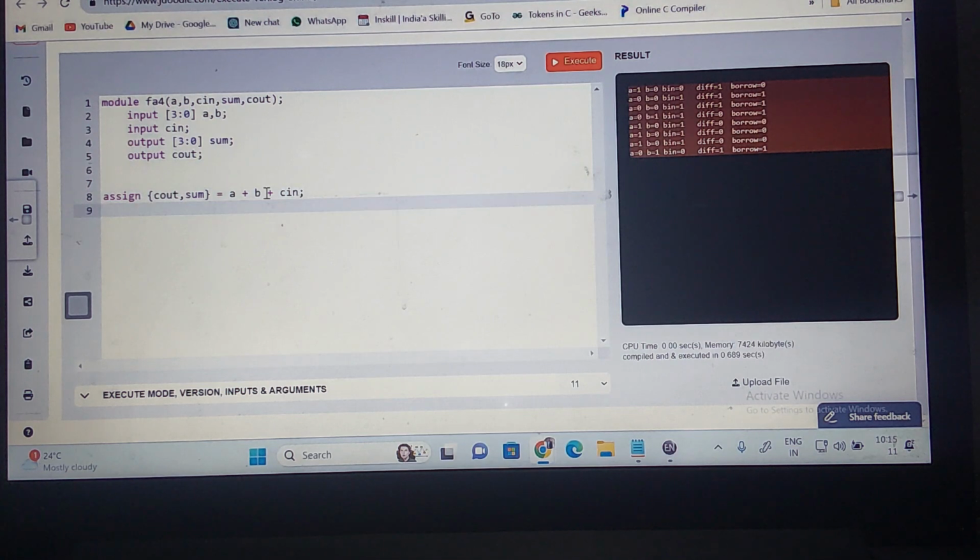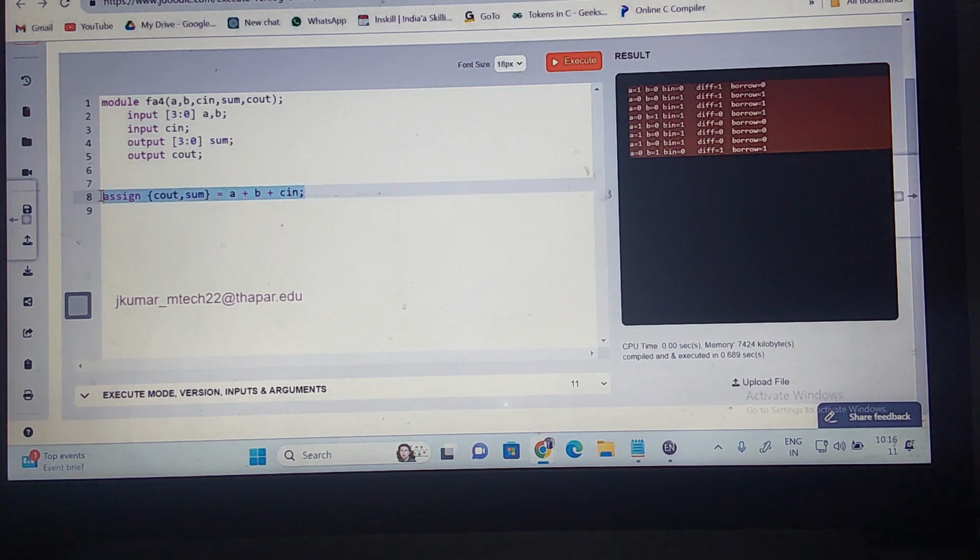Now this will take 4 bits, this will take 4 bits, this will take 1 bit. It will do a 4-bit addition operation, and the 4-bit sum will be assigned to this sum, and the last 1 bit is assigned to Cout. It is as good as concisely reducing the code. In the next session I'll be talking about the gate level, to model the 4-bit full adder, first we'll be instantiating the full adder, again instantiating the half adder, hierarchically. But here I can easily do it using the concatenation operator, A plus B plus C. So this is nothing but a parallel adder.